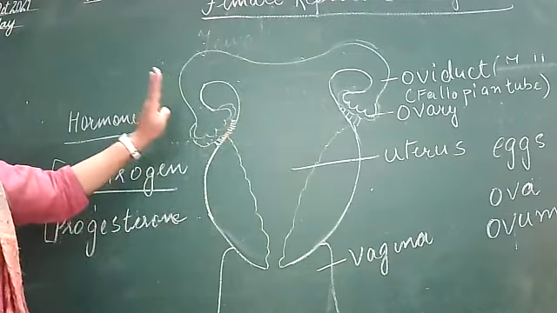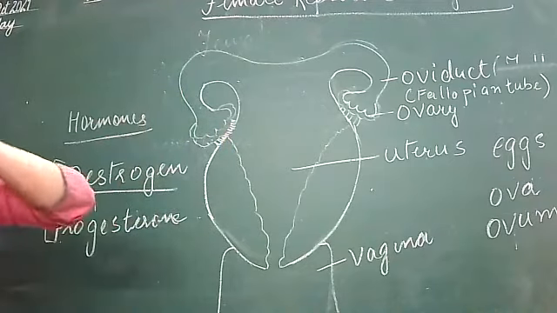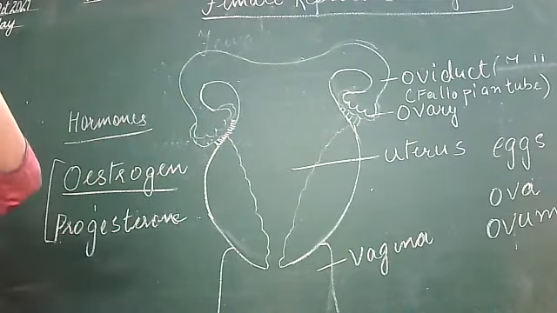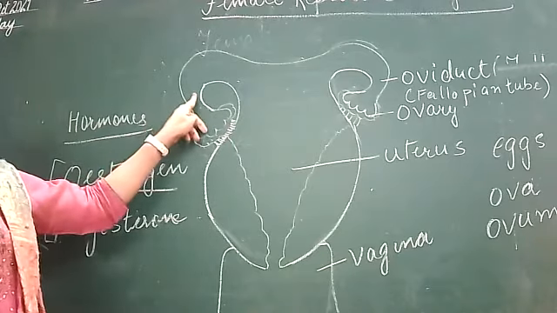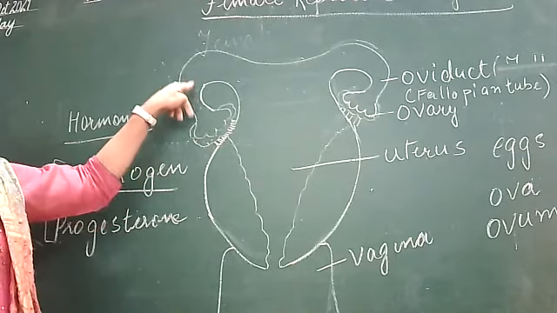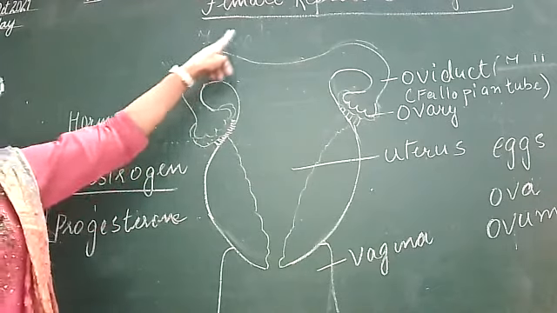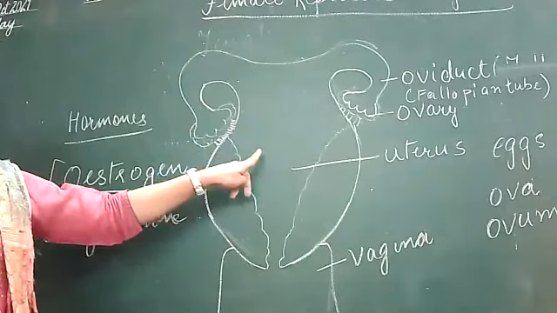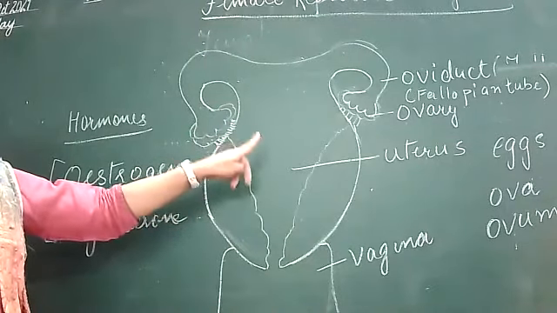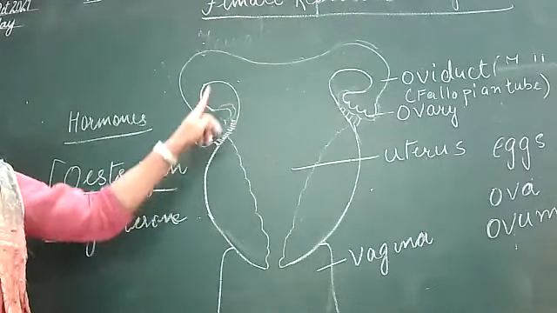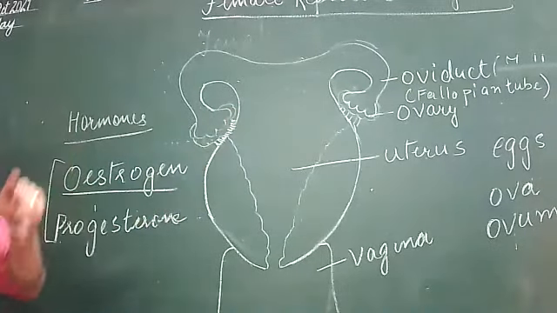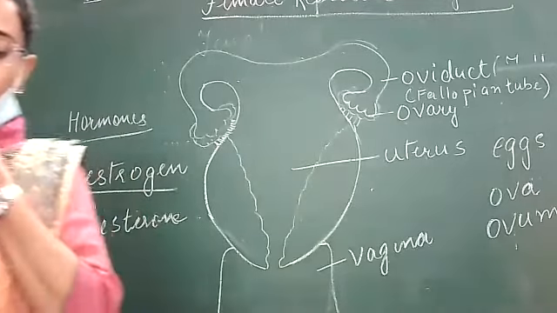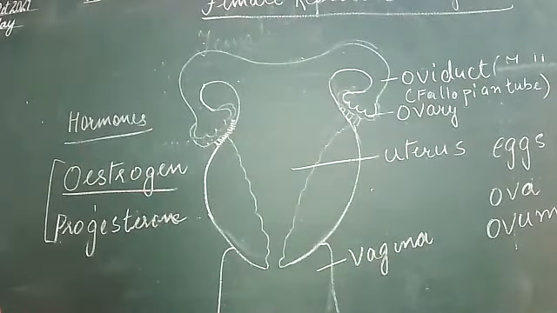So you should know, beta, when fertilization occurs, the first cell is known as the zygote. So zygote formation will occur here only, because the egg will fertilize here only. Then the zygote will develop and grow in this uterus. Got it? The growth of the zygote into the body takes place in the uterus.